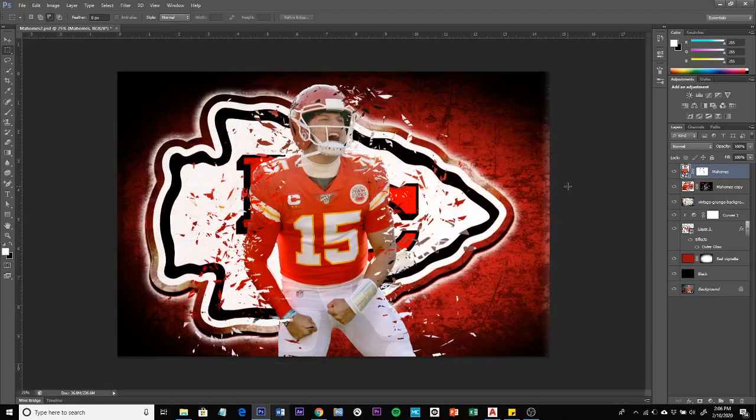Alright, this is the finished product of what this project is going to be about. So we have a sports related foreground here with an aggressive effect to it with some shattering stuff going on, and we have a nice little background that we've created. So this is the example of what we're going to be working towards, and to get started I'm just going